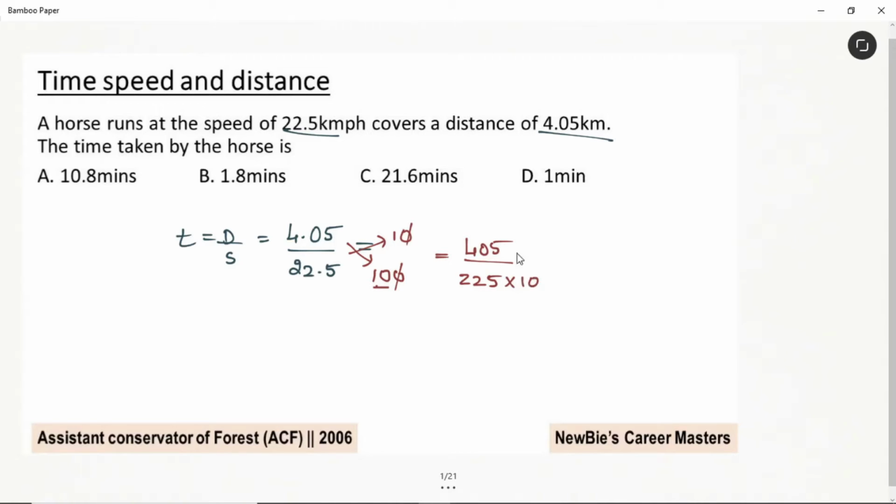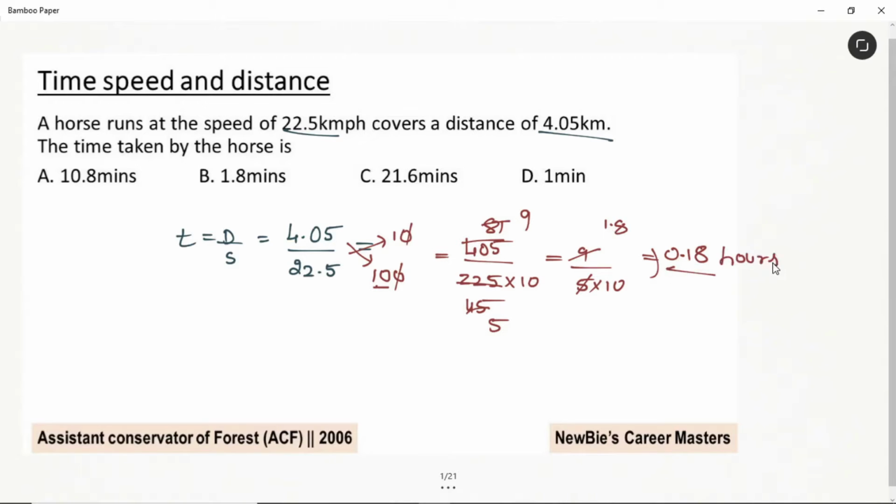Super. Now we'll divide this by 5. This is 81 and 45. Easy numbers. I can divide this by 9 now. So 9 and this one is 5. Okay. Now 9 divided by 5 into 10. So this one is 1.8. Now divided by 10 means 0.18. Am I clear?